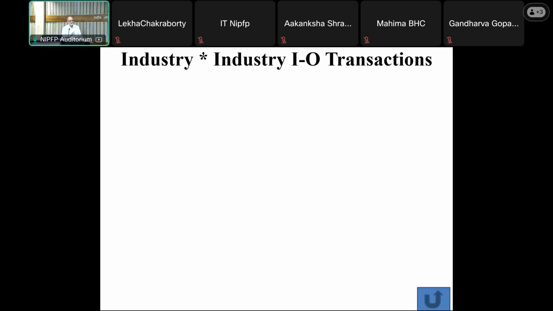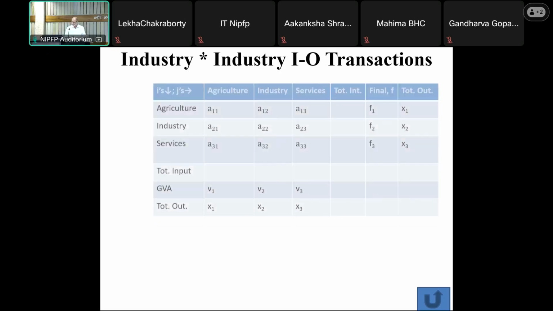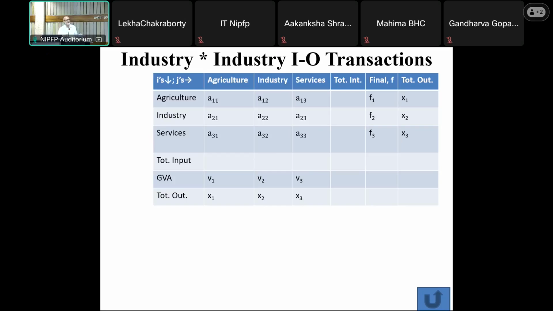Grant me that I would have done the manipulation with the supply use tables properly to arrive at what is called an industry by industry input output transactions table. So this is how it looks like. So if you look at the table, along a row, it is the output of a particular industry which is going into that itself or into other industries. So you'll have an intermediate use along the row, and then there will be a final use, which is the final F. And then the sum of intermediate use and the final use gives you the total output